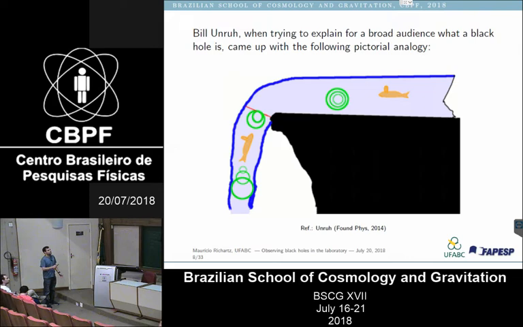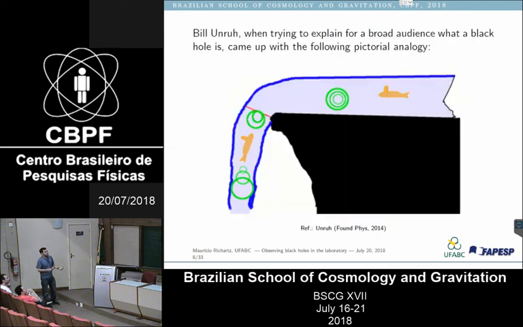So if the flow speed is larger than the speed of sound, then the waves are not going to be able to propagate upstream, and there's going to be a point where their velocities exactly match, where the sound wave speed is equal to the flow speed, and that's the analog of a black hole horizon. So this is not a real black hole, and this could be just a pictorial analogy. This could not make any mathematical sense at all, but